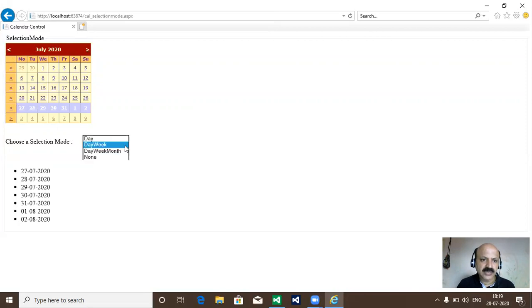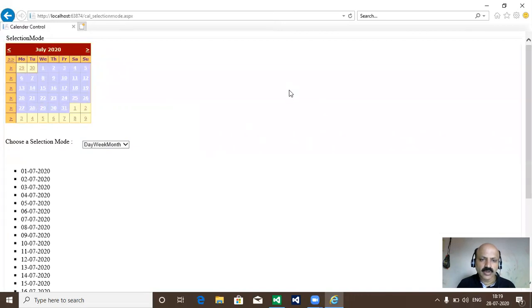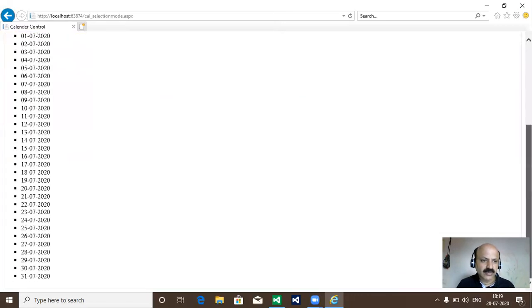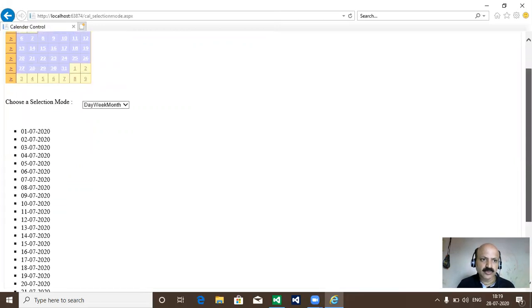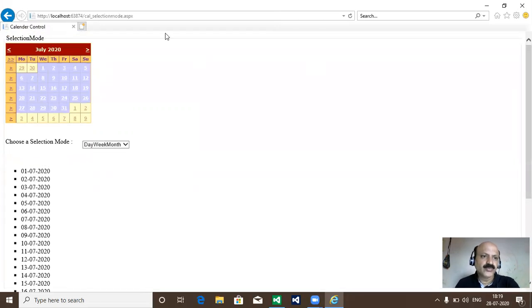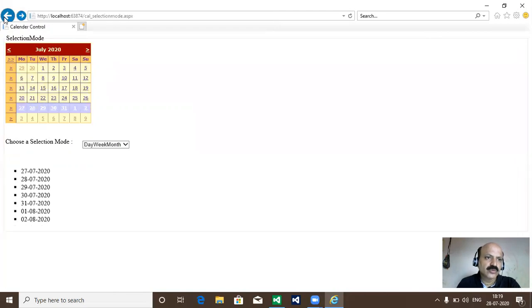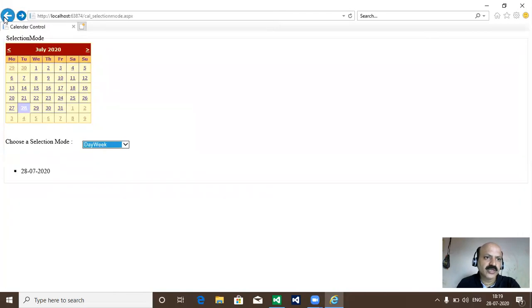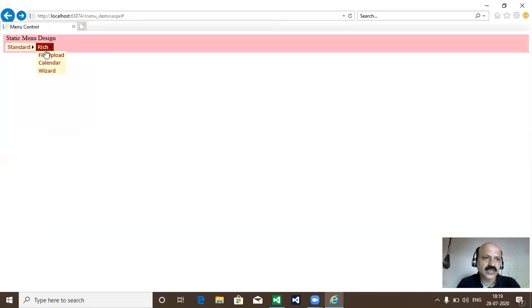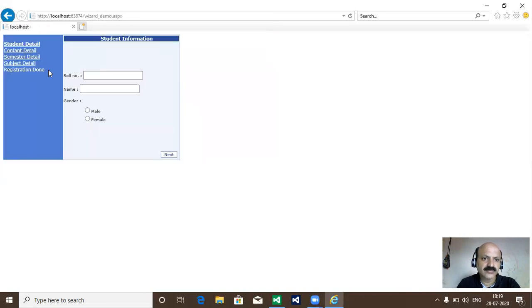And last there is value, day, week, month, and here the month selector appears, and all dates 1 to 31 of July 2020 are printed. Okay, just go, yes, so many times we have to provide the back. So there is calendar, and now wizard. So there is a wizard, I can take